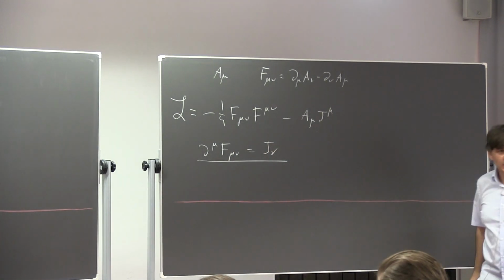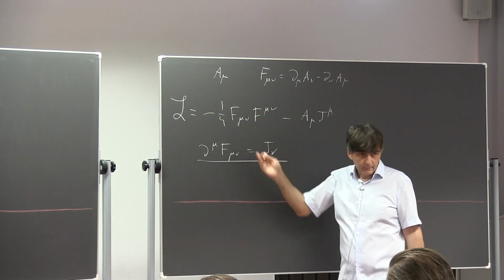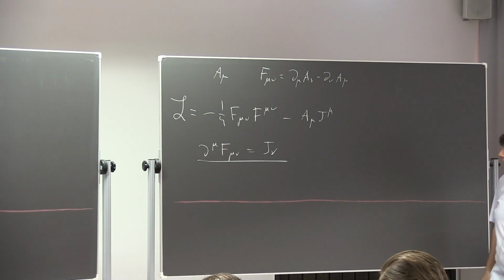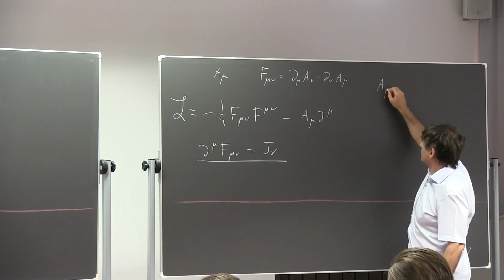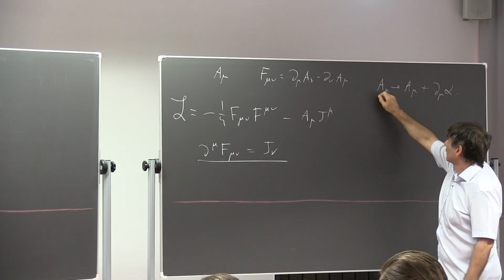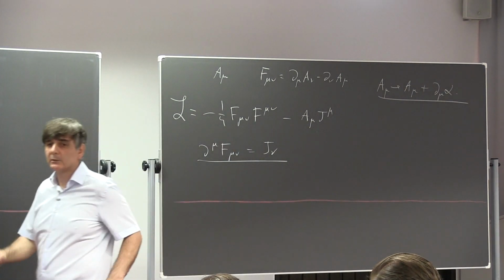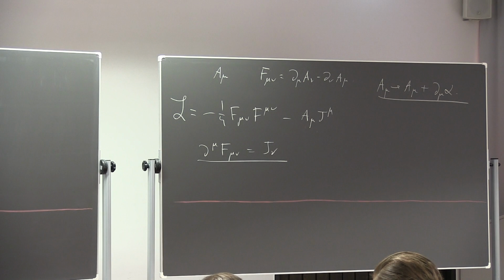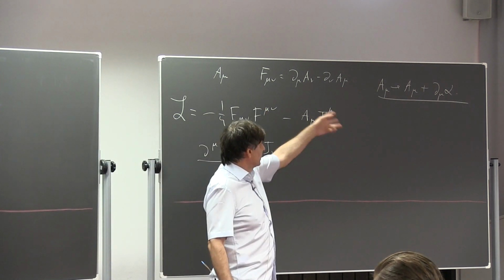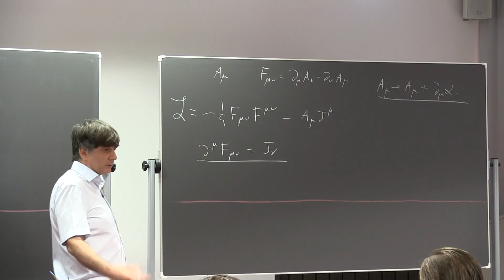And this is the famous Maxwell equation. Now, this theory is gauge redundant, right? So it exhibits redundancy with respect to a transformation of a vector potential. You can shift it by an arbitrary derivative. So the field strength is not changing under this transformation. Okay, very good. So now the question is,